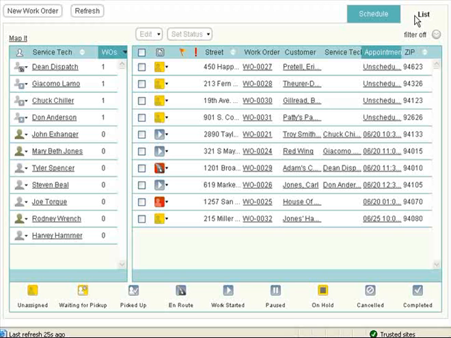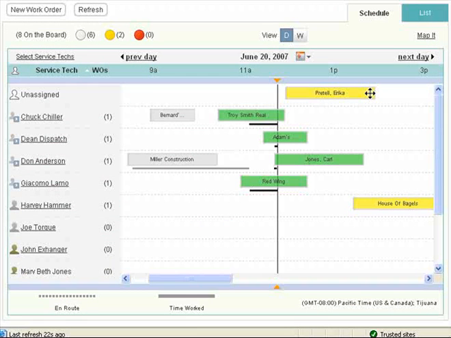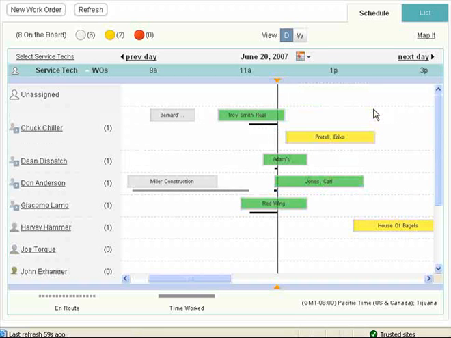Let's go ahead and discuss using the dispatch board on a daily basis. Using the dispatch board is easy. Let's start from the schedule view. From the schedule view, determine where you need to schedule your next work order. If the work order appears as unassigned but has been scheduled, just use the click and drag to move the work order to where it needs to appear on the schedule board and to update the estimated time of arrival,